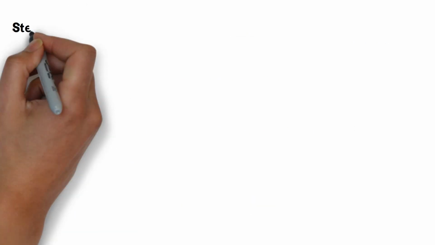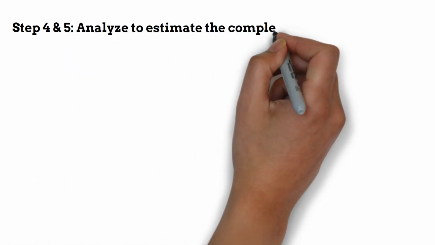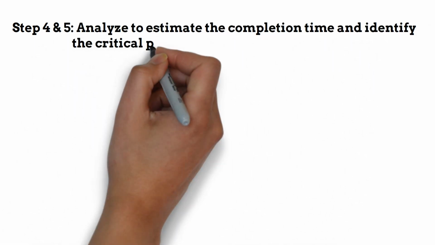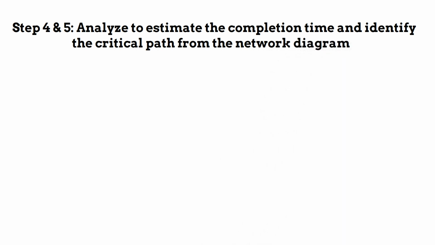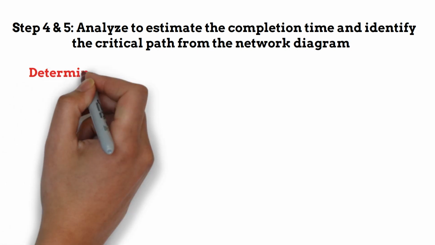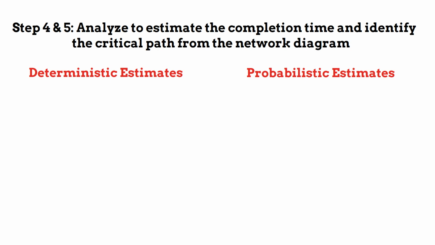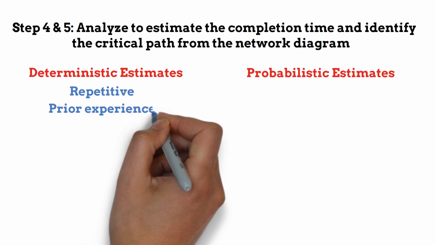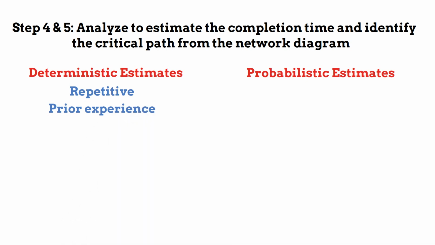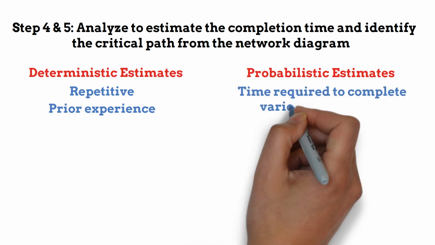Step 4 and 5, analyze to estimate the completion time and identify the critical path from the network diagram. We need to estimate the completion time for each activity. These estimates may be deterministic estimates or probabilistic estimates. Deterministic estimates are commonly used for those projects which are repetitive and where one has prior experience of handling similar projects. Probabilistic estimates are generally used for those projects where the time required to complete various activities is not known